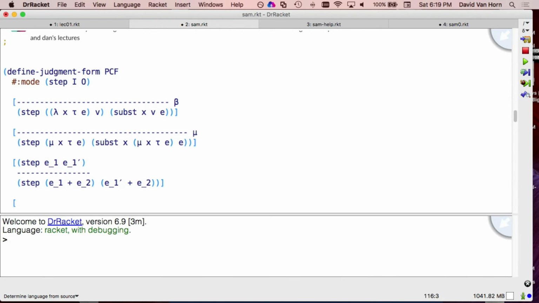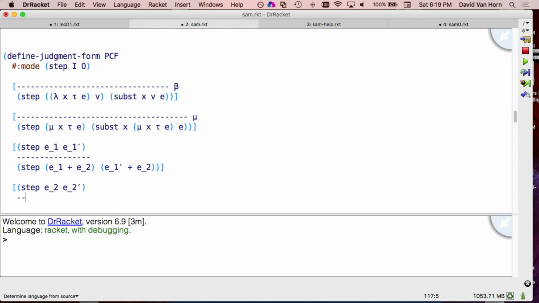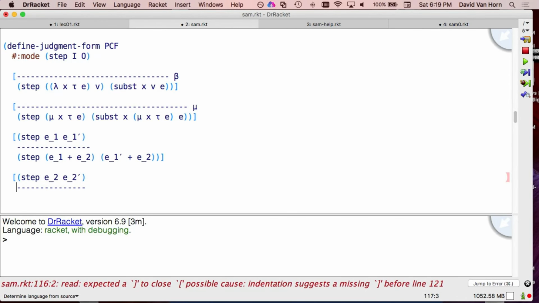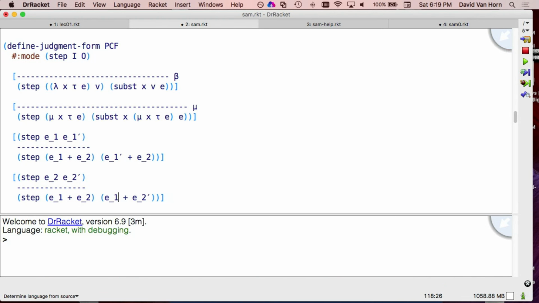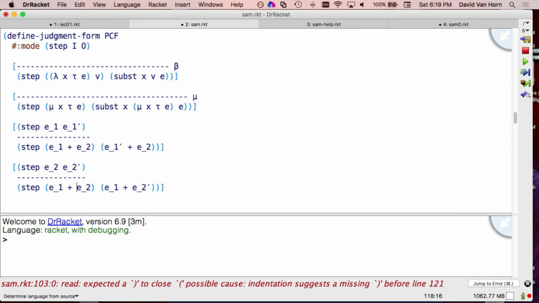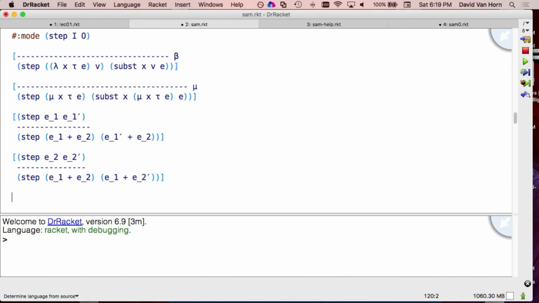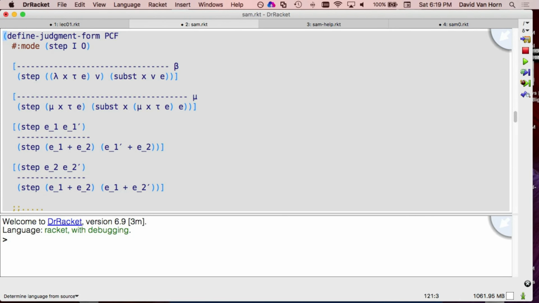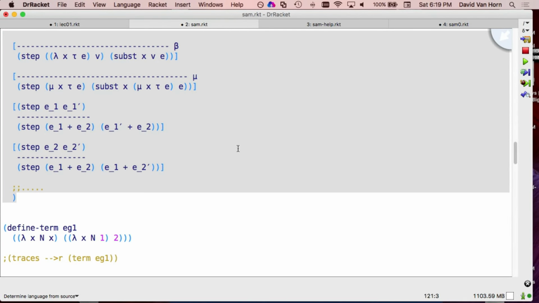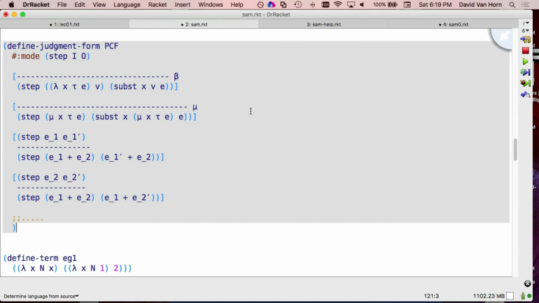Okay, and then if you have that E2 steps to E2 prime, right? And then we have some more cases to fill out, but that looks a lot more like the form of dynamic semantics you saw earlier in